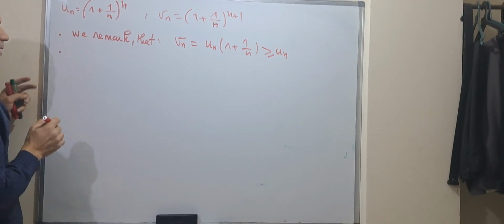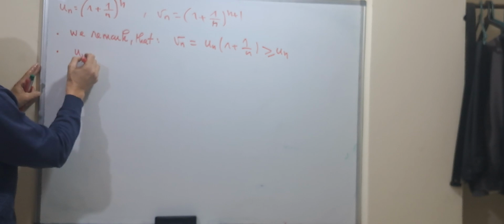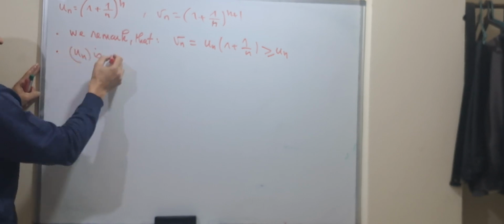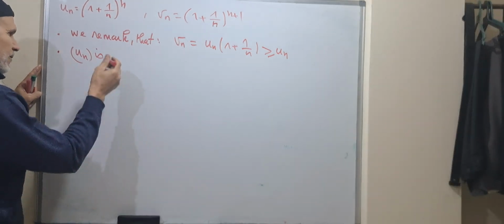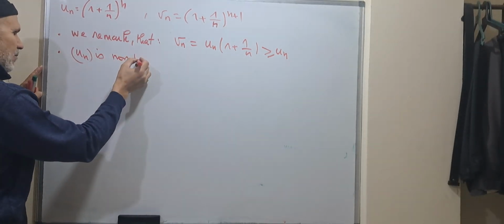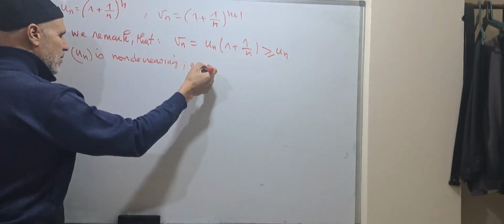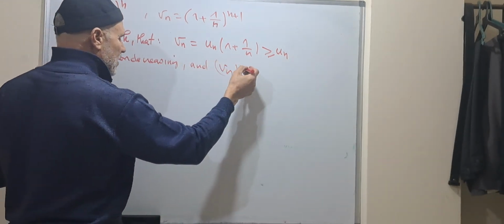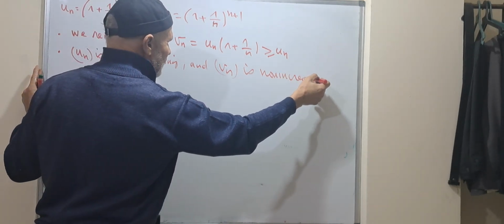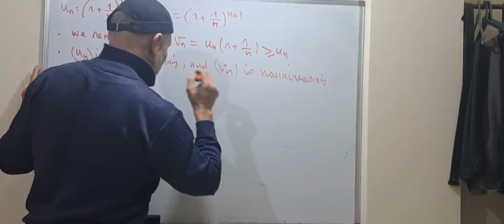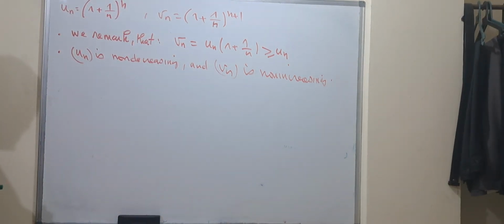First, second, un is non-decreasing, and vn is non-increasing. We will show this, but before,